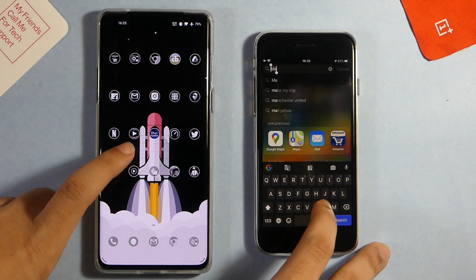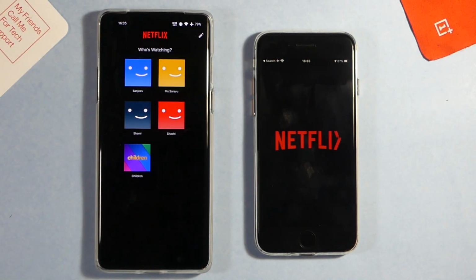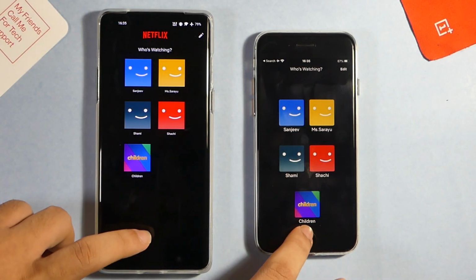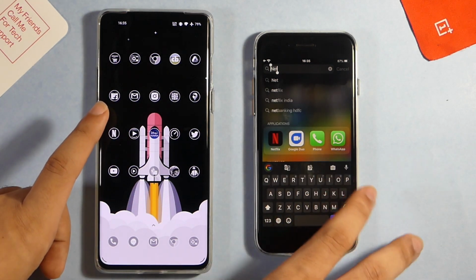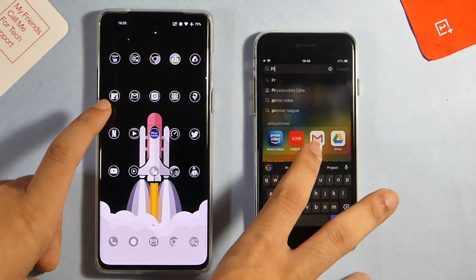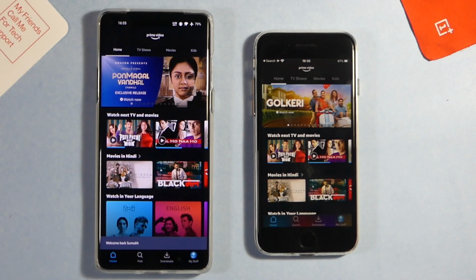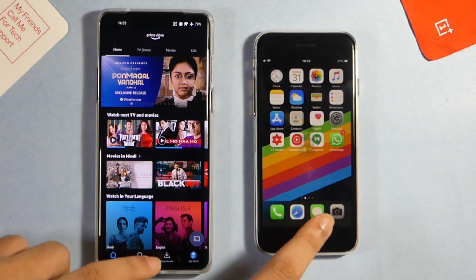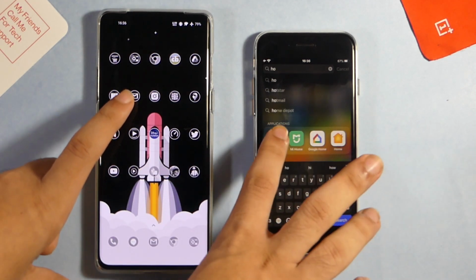Going back, we have Netflix, and again you see that the splash screen is completely different on Android and iOS, right, which just gives the upper hand to the OnePlus 8. Launching Prime Video, again just so quick, no launch screen at all, and it's directly in Prime Video on the OnePlus 8. Moving on to Hotstar,